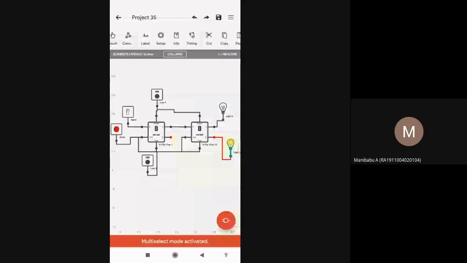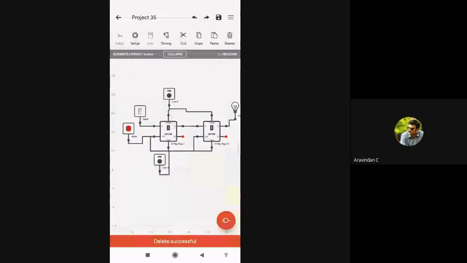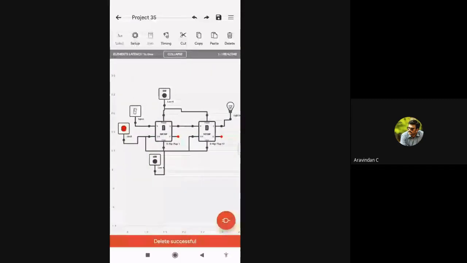Sir, in this circuit, we want to press the clock 2 times, sir? Yes, of course. I'll start the process now. I'm going to give the input as 1. I'll repeat the concept. Now the input is given only to the first D flip-flop, but there is no data transmission. Now I'm going to press the first clock.